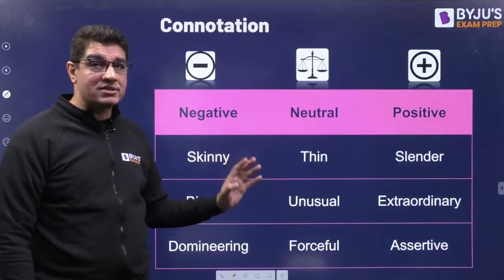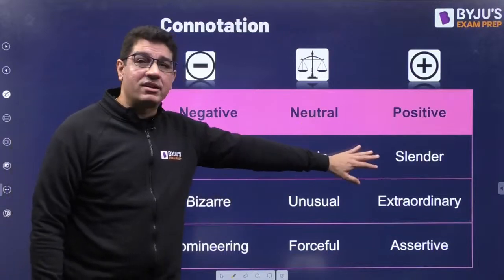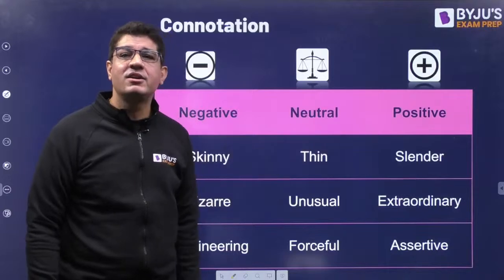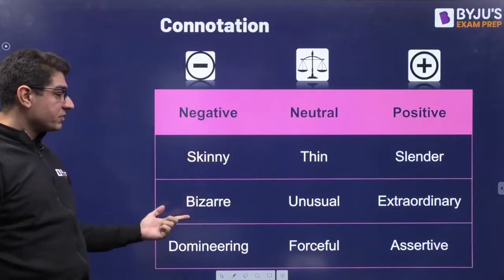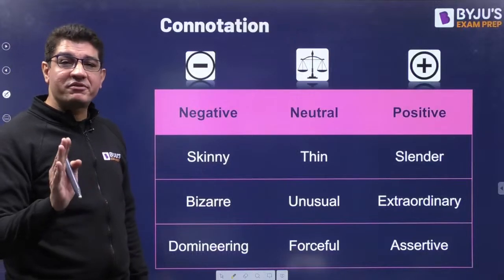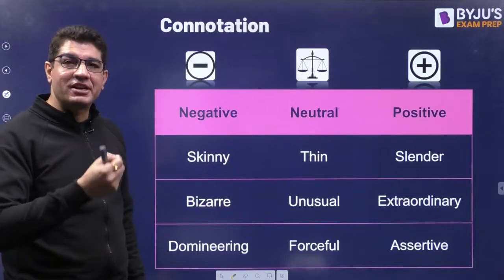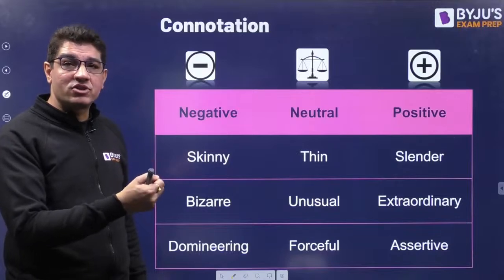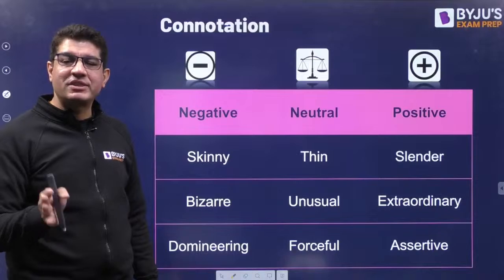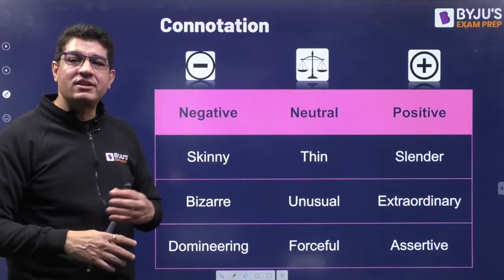However, when we look at somebody and say slender, you know, she is very slender, then it shows that our emotions are positive. Same here. Bizarre, unusual, extraordinary. All the three happen to have the same meaning. They differ in terms of connotation. Domineering, forceful, assertive. Same meaning, but the difference is more in terms of